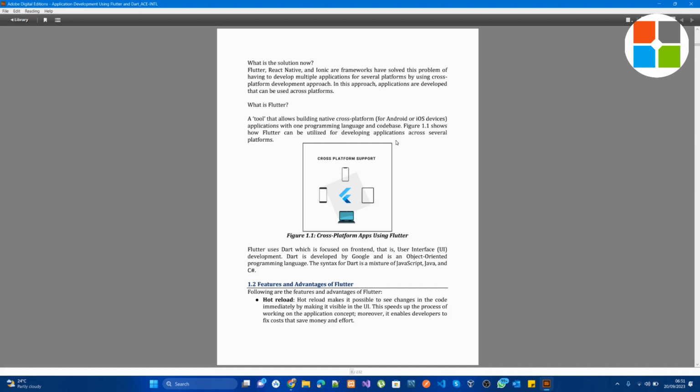So when you just do this, you will see that whatever changes you have made on the screen will manifest immediately. You will see the changes in the UI. So that is one powerful thing about Flutter, because if you compare to Android, to get this, you will need to reload the whole application, and it takes time. So this speeds up your job, you speed up the process of working on the application. Moreover, it enables developers to fix costs, that saves money and